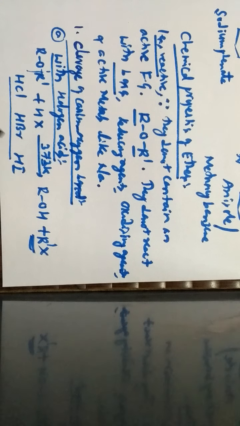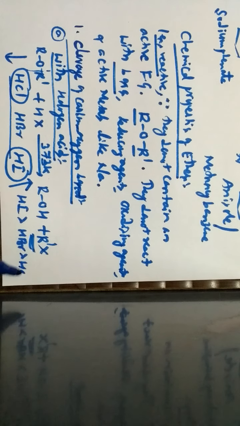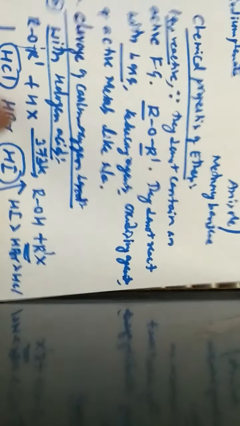Now a question arises, which halogen acids are more reactive? Because of the greater size of the iodide ion, there is a large distance between hydrogen and iodide ion. Due to this reason, hydrogen iodide reactivity is greater as compared to the reactivity of HCl. So HCl reactivity is less. When we write the order, HI is greater in its reactivity than HBr, which is greater than HCl. Now let us discuss a particular reaction with halogen acids.